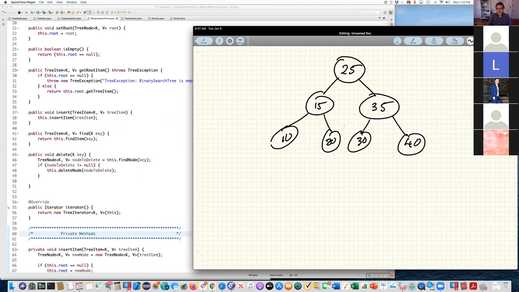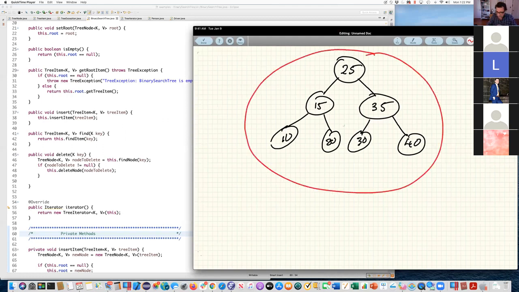Like I said, trees are recursive. Why are they recursive? Well, let's take a look at the fact that this here, the big tree rooted at 25 is a tree. This tree has two subtrees. This tree is a subtree of the big tree,